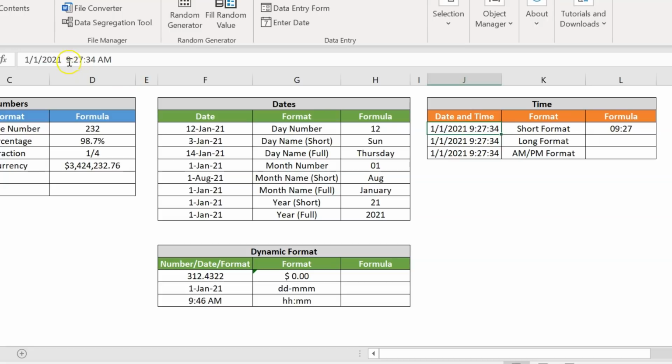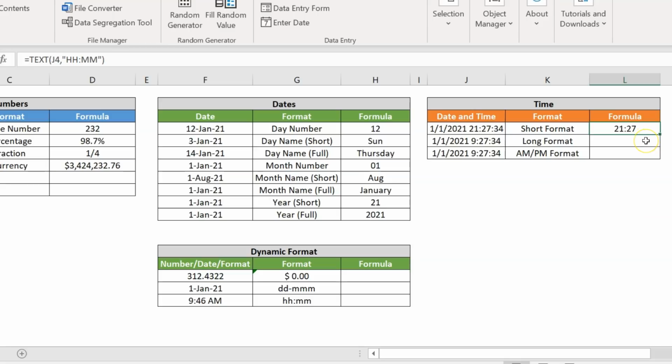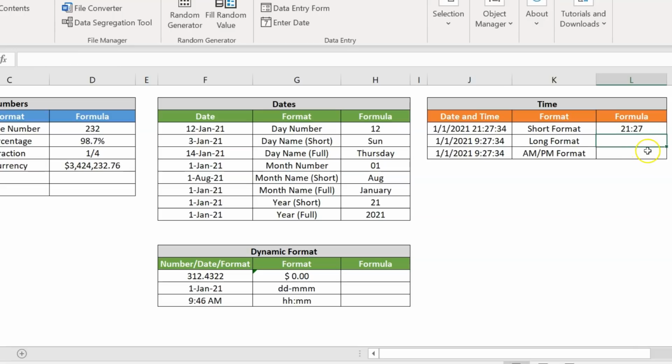And what if you are taking, let's say, PM in place of AM? Then what will happen? It will show 21 in place of 9, because now 9 PM is basically 21 hours. So it will not show the 9 hours. But here if I take the same formula, it is showing the 9 hours. Okay. Now I'll show you how you can do it for the long format.